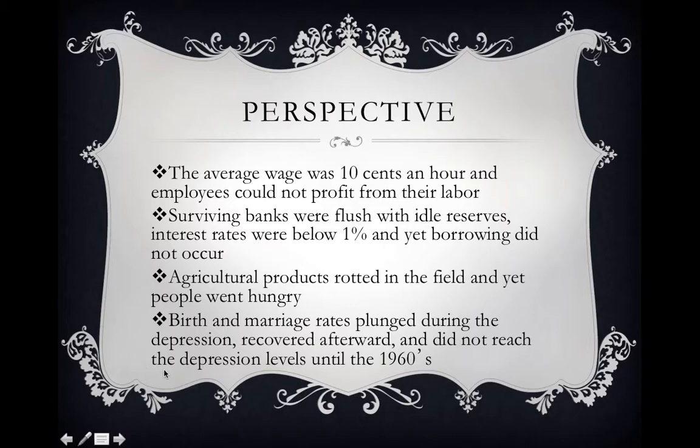Also, just from a sociological perspective, birth and marriage rates decreased during the Depression. People could not afford to get married, and back at that time, there were very few out of wedlock births. With these marriage rates declining, birth rates also declined. So I want you to realize the huge impact that the Great Depression had on the ordinary citizens of